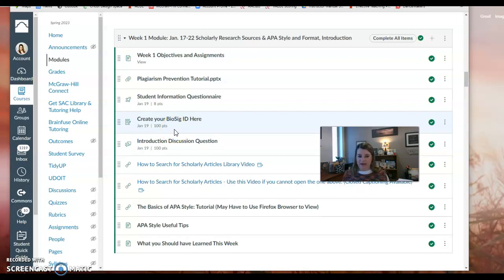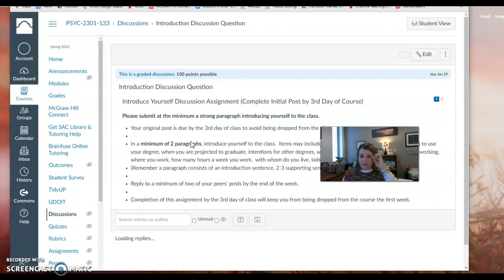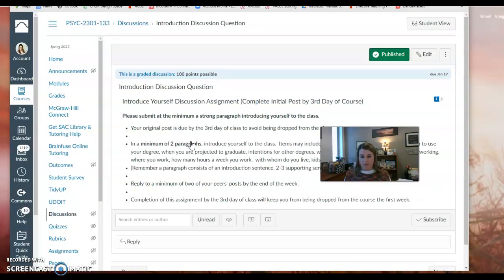So you want to get that all set up. And then the other assignment that you have is an introduction discussion question. Not only is this important because it will help you to understand each other a little bit and get to know your classmates, just as if we were in class and you were introducing yourself to each other in a face-to-face environment. But it is also a warm-up because moving forward, you will have discussion questions that are on content, items